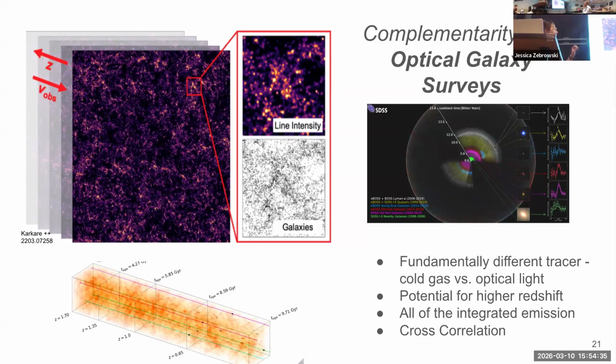The other thing that's different about optical galaxy surveys versus line intensity mapping is that with optical galaxy surveys, you take your little robots and you go point at one galaxy and you observe it. Then you observe the next galaxy. Then you observe the next galaxy. Whereas with line intensity mapping, you are making these maps, doing a field survey of the sky. So you're getting all of the integrated emission, as opposed to just getting the brightest points of this distribution. But obviously, this will be super powerful in cross correlation, especially with these first line intensity mapping data sets.